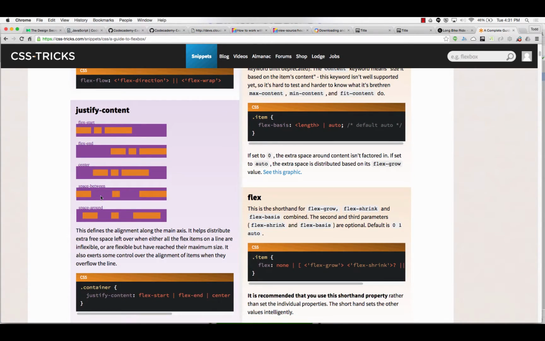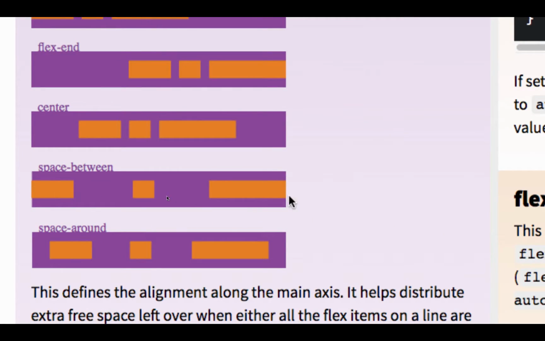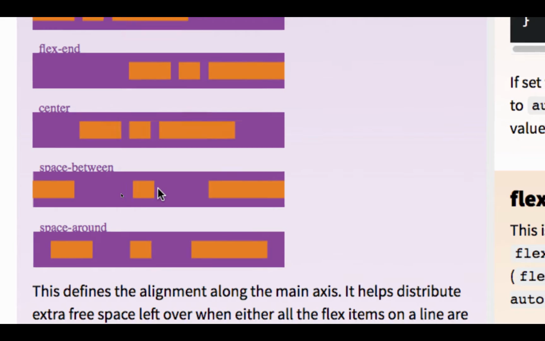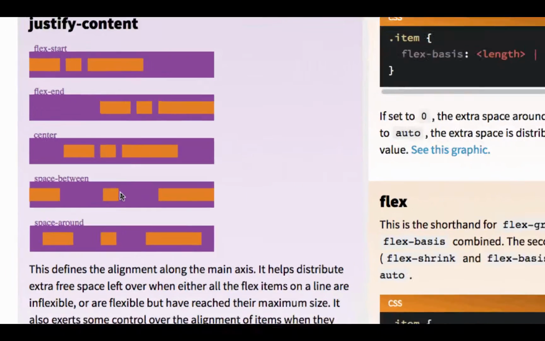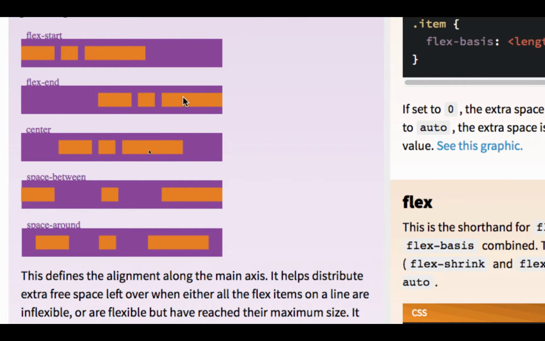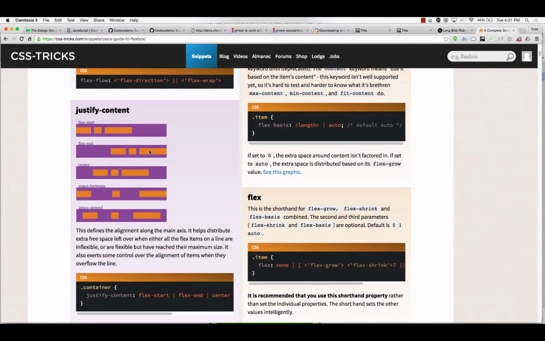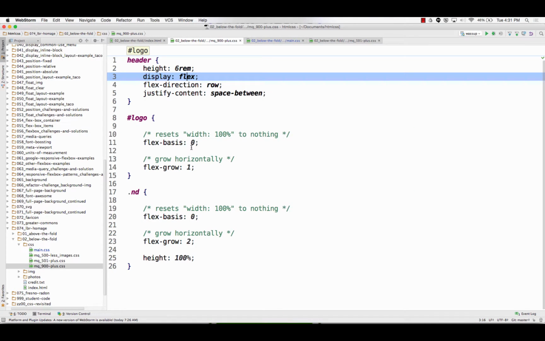So there's a space between, right? Each thing goes to the outside wall and put the space between. Versus flex-end, which was incorrect, what I said. That would have put everything over here on the end. So I misspoke. So space-between. And then